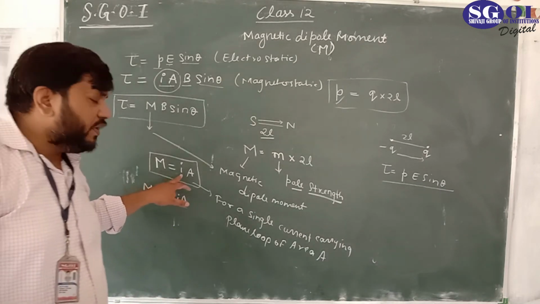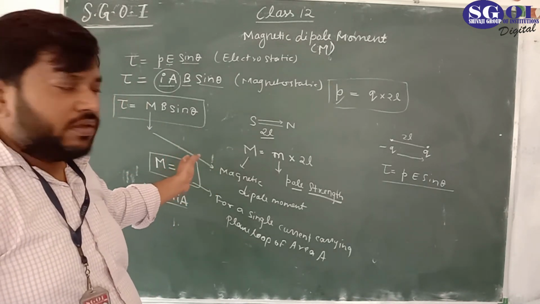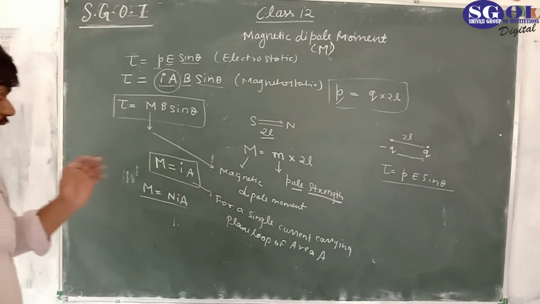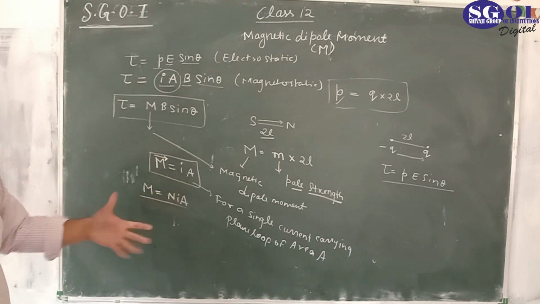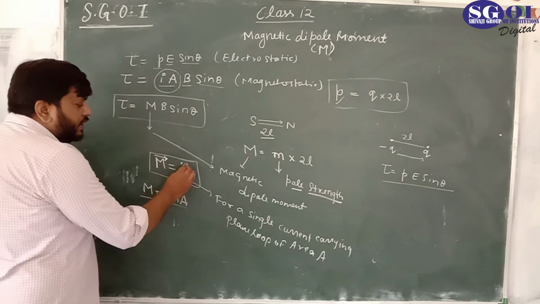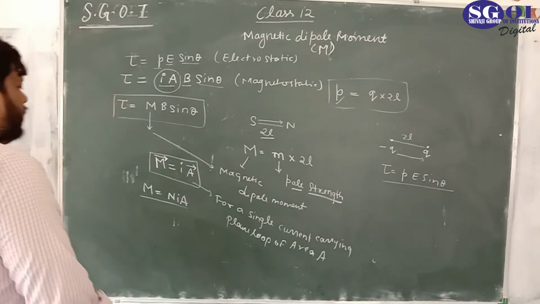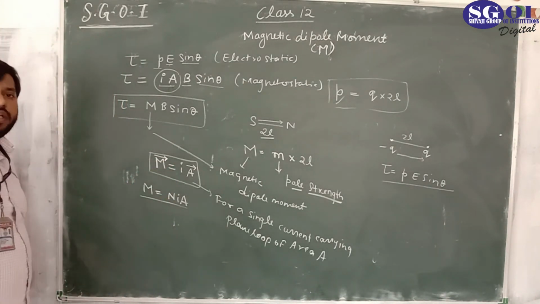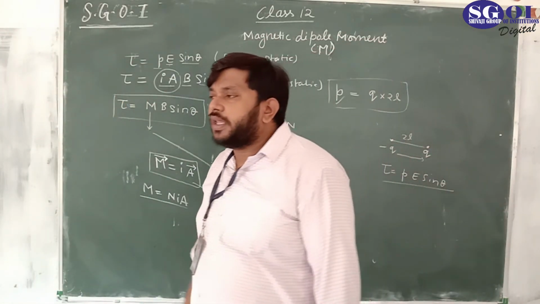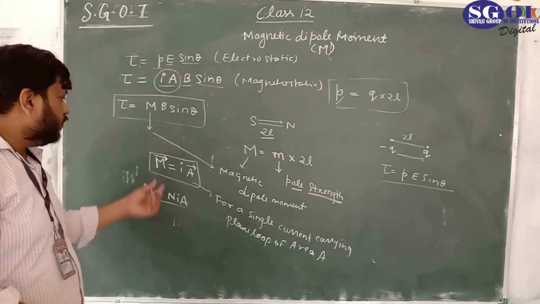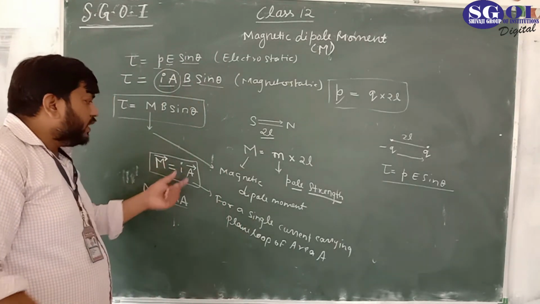We know that if we write this formula in vector form, because you are seeing here I am not placing the arrow, it means it is scalar. So if you want this in vector form, place an arrow on this m. Current is a scalar quantity. What is the area vector? Area is a vector quantity for a planar surface. So how would we define the direction of the magnetic dipole moment in a current carrying loop? Very important point here.